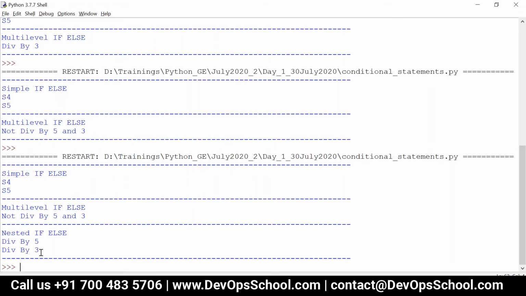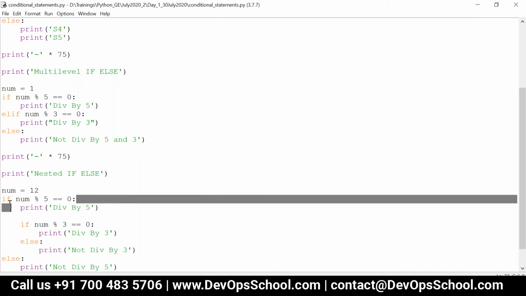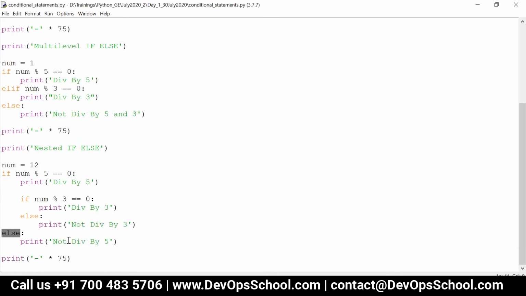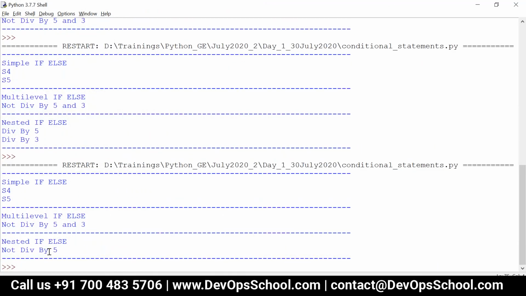Now consider I'm removing one number there, so num is equal to 12. What will happen in this case? If num % 5 == 0, this condition fails, so directly it will go to the else block and say not divisible by 5. Now you can see the output: not divisible by 5.